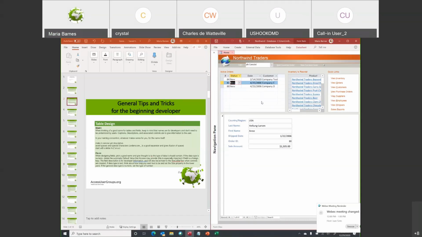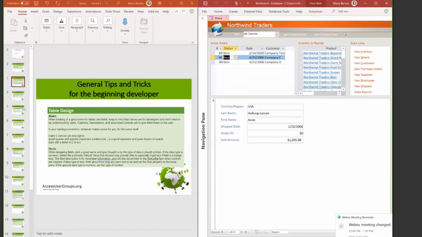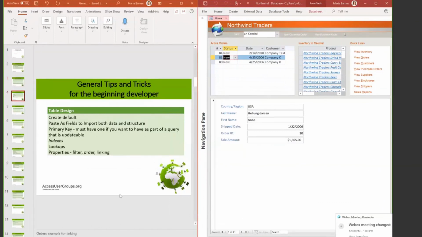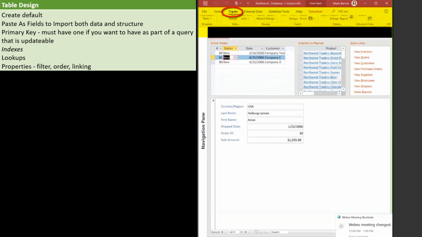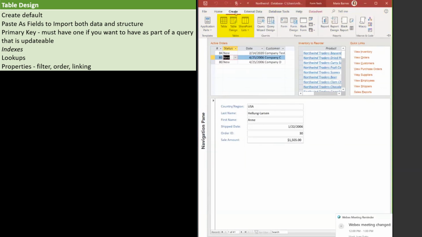Thanks, Crystal. That was great advice. Going into actually creating a table and designing a table and some tips and tricks on that, you will find that the create interface is on the ribbon under create, and we have different sections of this. The table sections are right here, and the default is this one here, which is to create a new blank